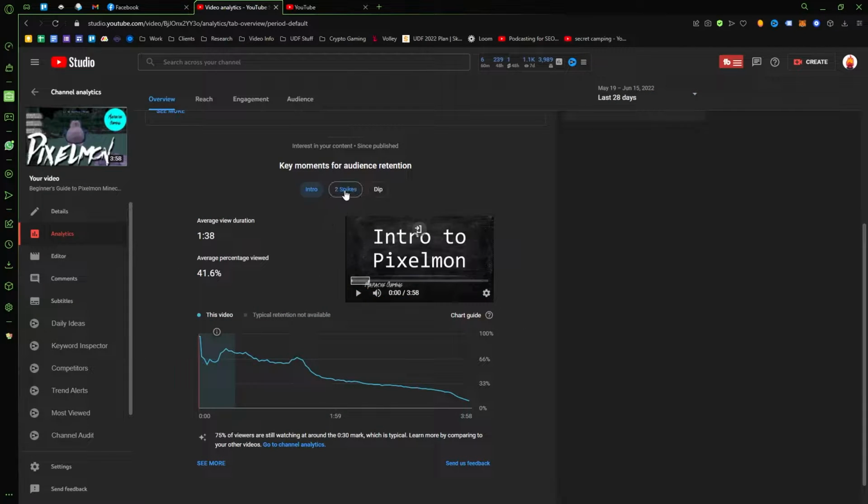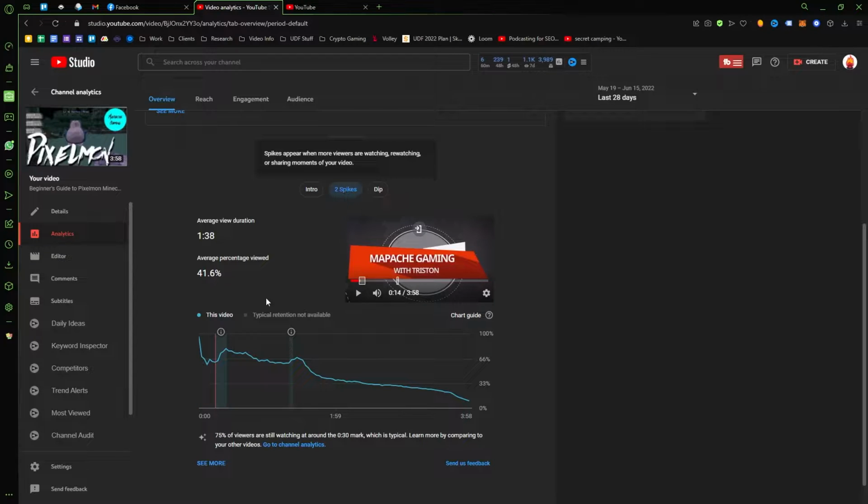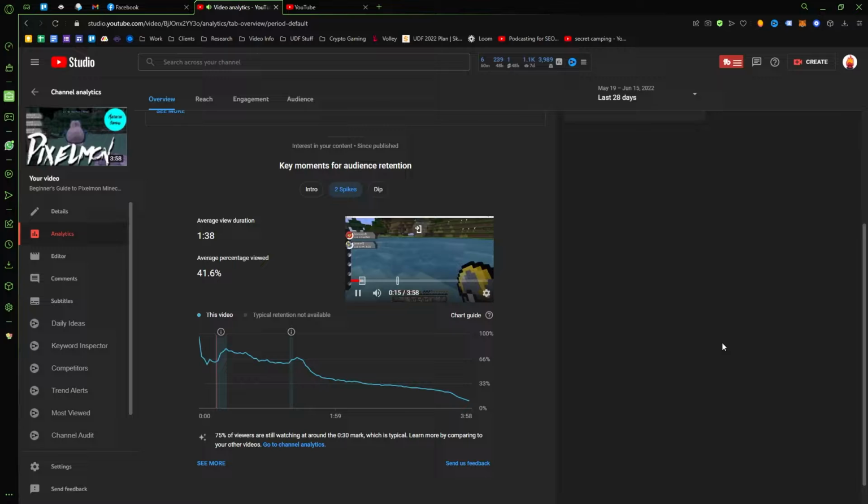Step 3 is to review the analytics of that video, and we're looking for 2 specific things. First, we want to look at the retention graph, and we want to find any spikes or dips. Spikes means that people really liked that part and then watched it again, and dips mean that they lost interest and they left the video to watch something else. So include more of whatever the spikes were and avoid or fix whatever the dips were.